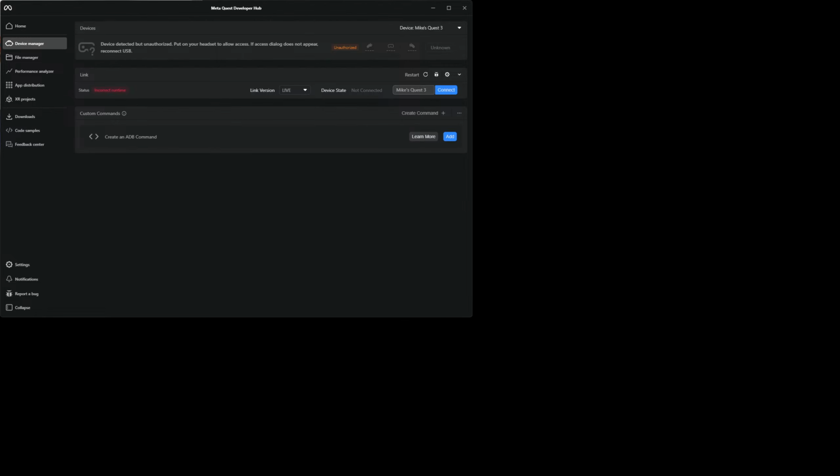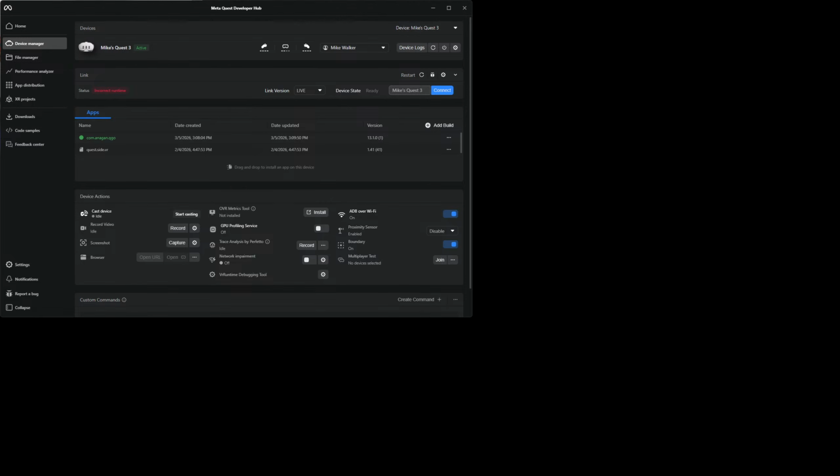Which does not work. So that means the dumb MetaQuest Developer Hub thing doesn't properly enable it, so I'll enable it by hand. Oh wait. I'll connect to this one.